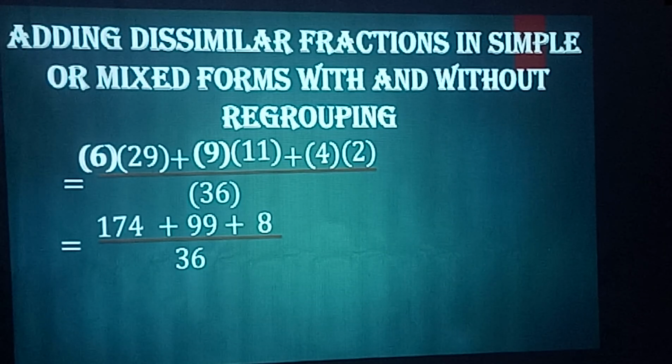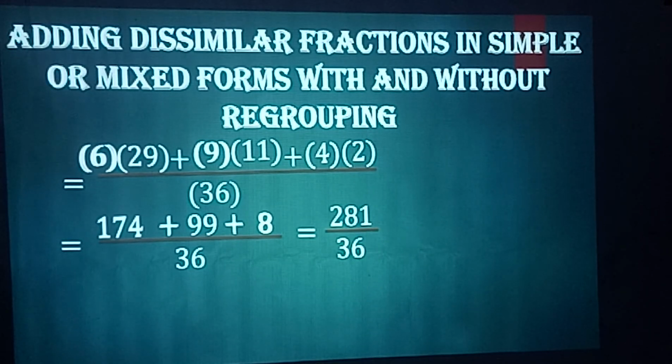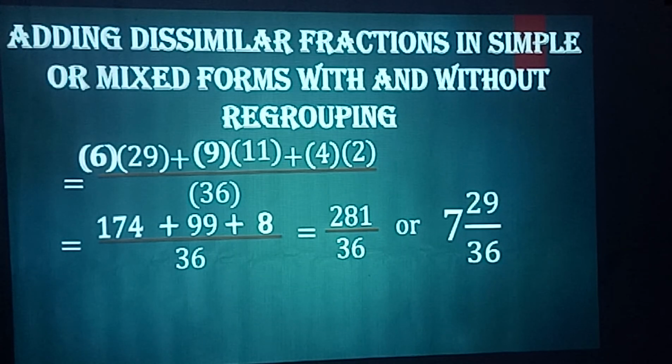And to add, 174 plus 99 plus 8 is equal to 281 over 36. And then if we're going to divide 281 by 36, the result will be 7 and 29 over 36. So same. Okay, next, this time